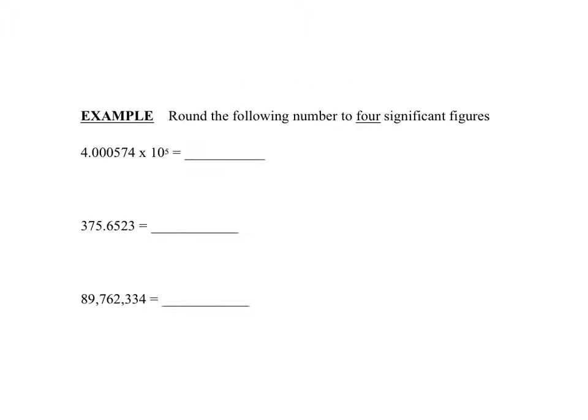Here's another way that we can make you do it. Instead of giving you one number and making you round it to various different levels, we want you to take all of these numbers and round them to exactly 4 significant figures. Remember, this whole times 10 portion of it does not count. We don't look at it for significant figure purposes. That's just telling us what that number actually is. You have to include it, but it doesn't count for significant figure purposes. So you just look at the coefficient,